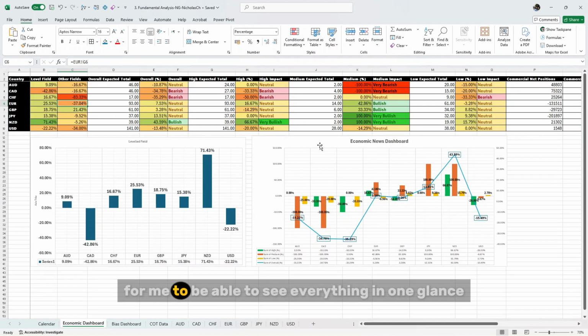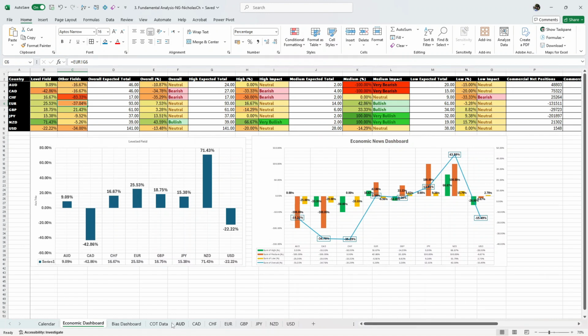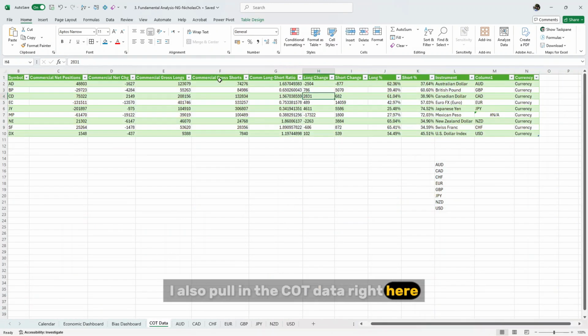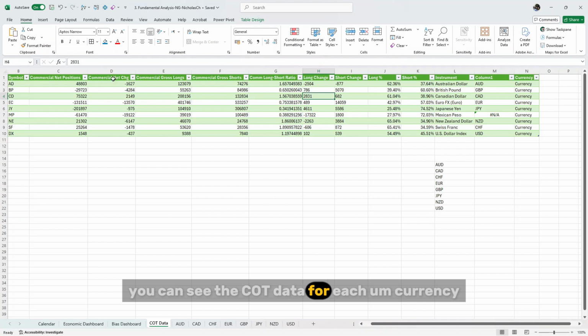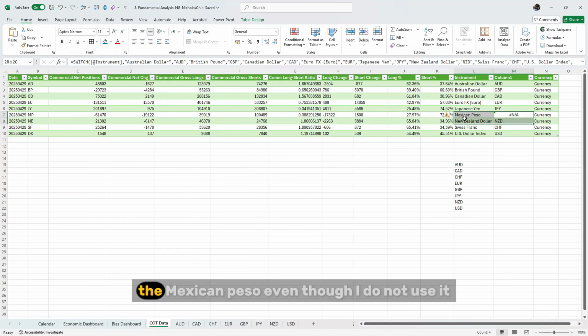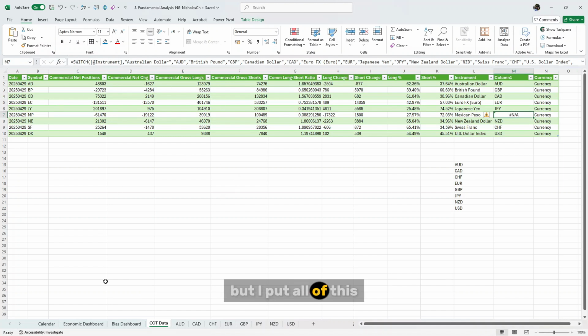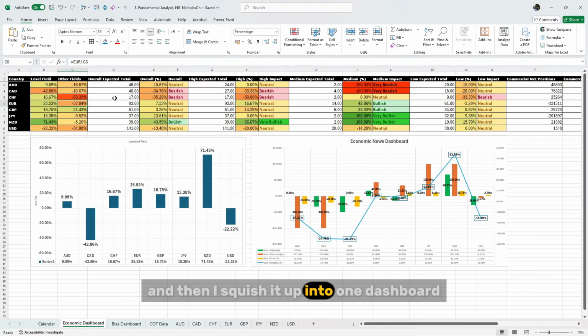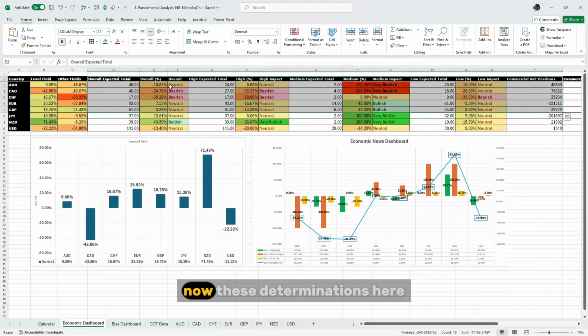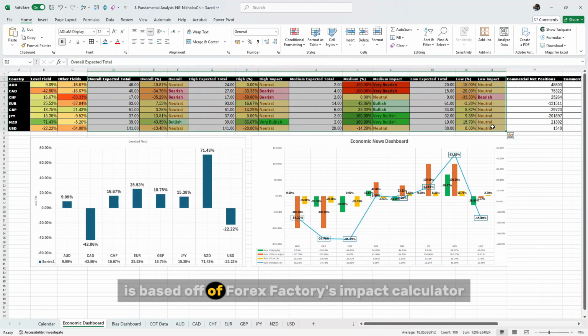Now, this on its own doesn't give me a heads up. So for me to be able to see everything in one glance, I also pull in the COT data right here. You can see the COT data for each currency. The Mexican peso, even though I do not use it, is rated as not applicable. But I put all of this together and switch it up into one dashboard where I can see a lot of things. Now, these determinations here, everything from this point, is based off of Forex Factory's impact calculator,